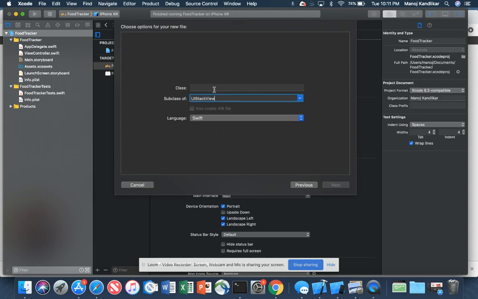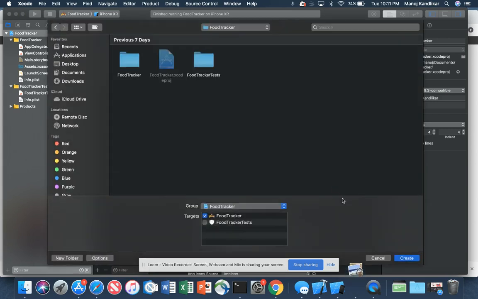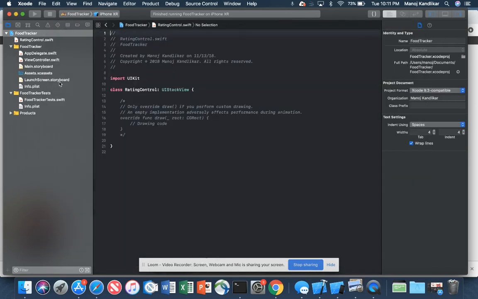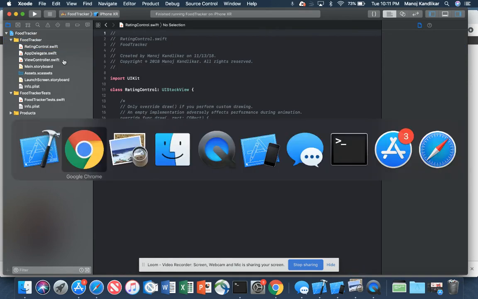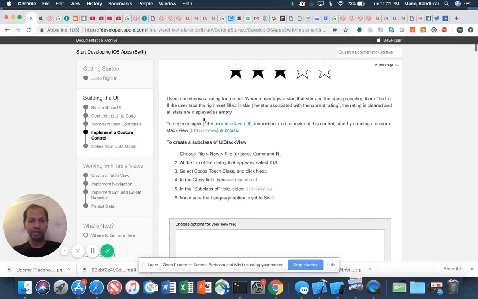And you can just name this as rating control. Language is Swift. Then save it for the tracker. So that's your rating control, and you can drag it here since it did not put it in the right place. Alright, so once you've done that,